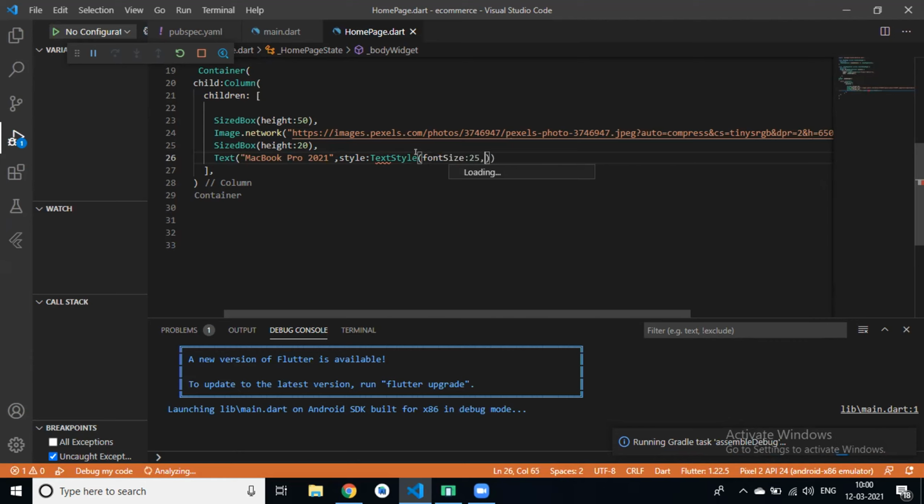Then font weight, FontWeight.bold. Then we have a color, Colors.green.